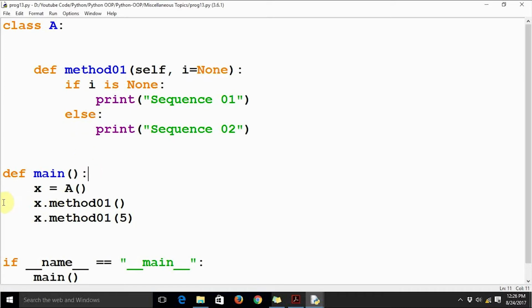In the main function, I am calling method 01 without any argument. That is the first method call. In the second method call, I am calling it with an integer argument, and the value is 5.